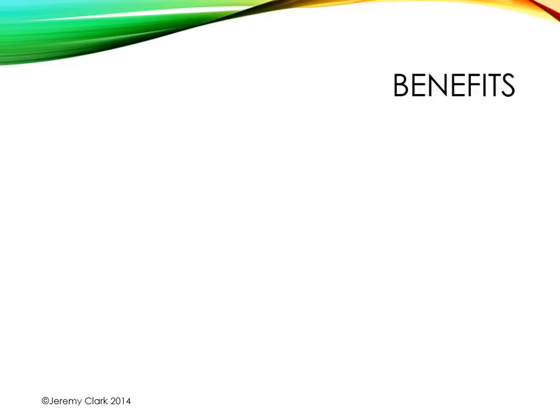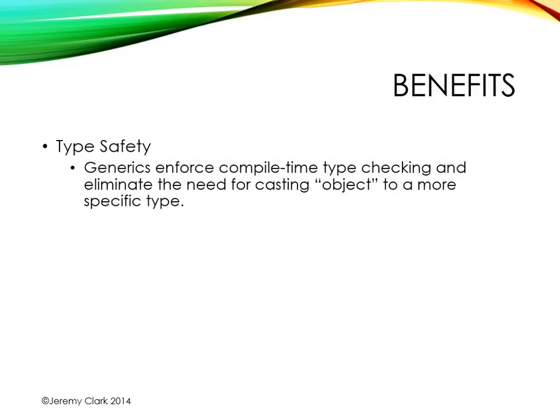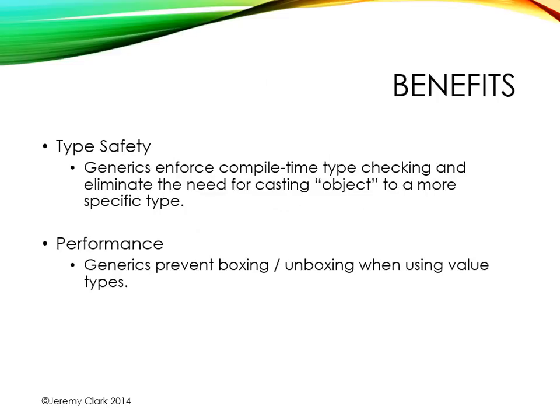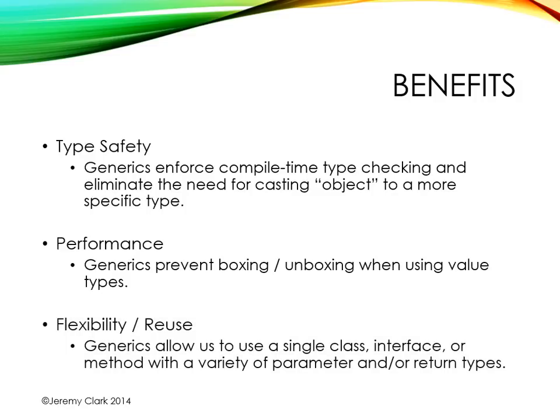And along the way, we've seen the benefits of generics. This includes type safety, where we know exactly what types we're dealing with because they are strongly typed. It also benefits us with performance, so we don't have to deal with boxing value types to reference types and unboxing them in order to use them. And it also helps us with flexibility and reuse. We've seen how we can reuse these classes, interfaces, and methods in a variety of different situations because they work